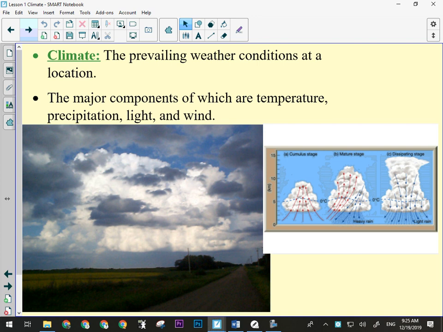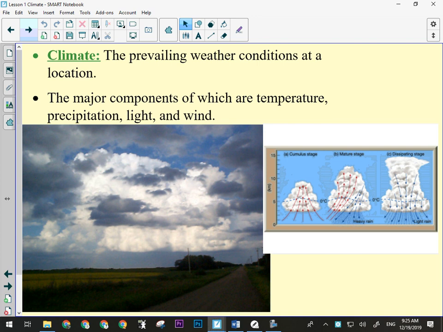Okay? Now, the reason we get those is because these components interact in the right way, or are present in the right way. If we're going to get a big thunderstorm, a really powerful one that could produce tornadoes and hail and all that kind of stuff, we typically have to have a certain set of variables present for that. It's got to be reasonably hot. It's got to be pretty humid. There can't be a lot of wind during the building process. Okay, so it's typically a fairly calm day.